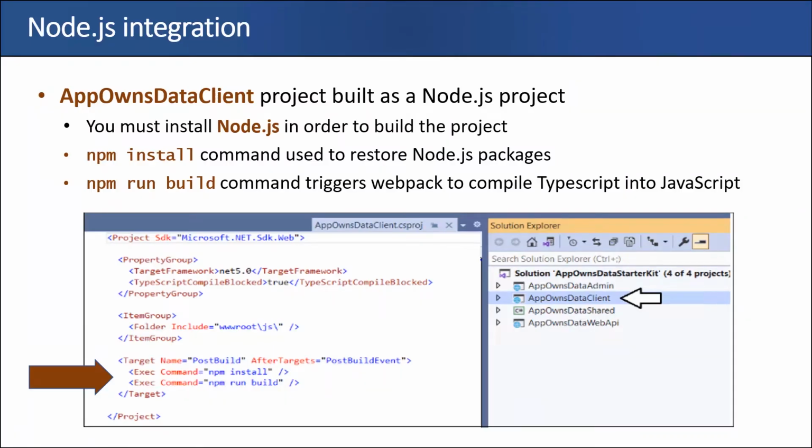One of the things that I showed you is the background of how the AppOwnsDataClient project is built with Node.js and Webpack. Now, ultimately, as long as Node.js is installed on your machine, you can just right-click the AppOwnsDataClient project and choose Rebuild, and it's automatically going to make sure npm install has run, and that you have all the local packages, and that npm run build executes the Webpack and rebuilds your TypeScript into the JavaScript bundle.js output